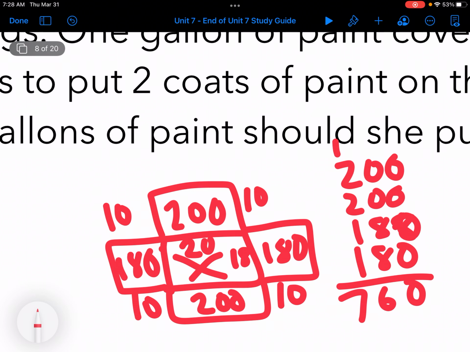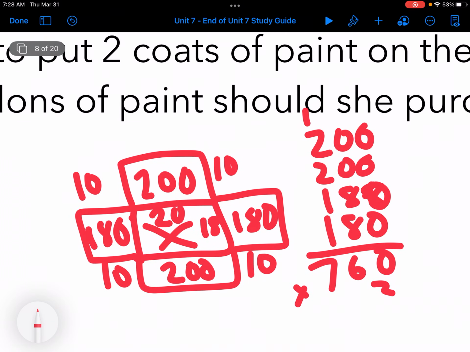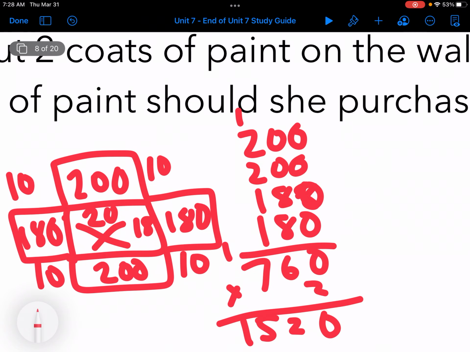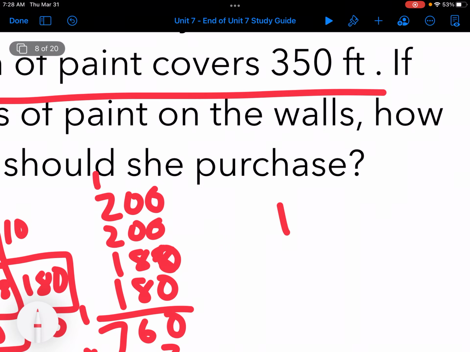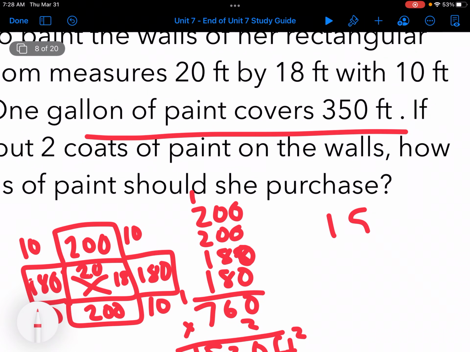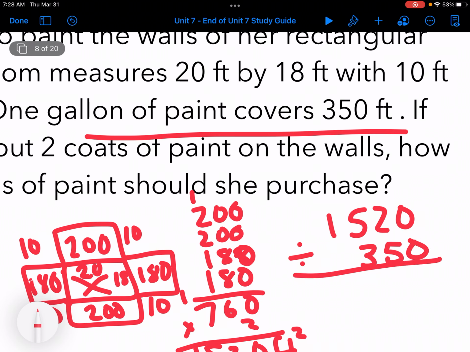And they want to do 2 coats, so I have to double this. So times 2. So I have to do 1,520 square feet. Then it says that 1 gallon of paint covers 350 feet. So I have to take 1,520 and divide it by 350. And I get